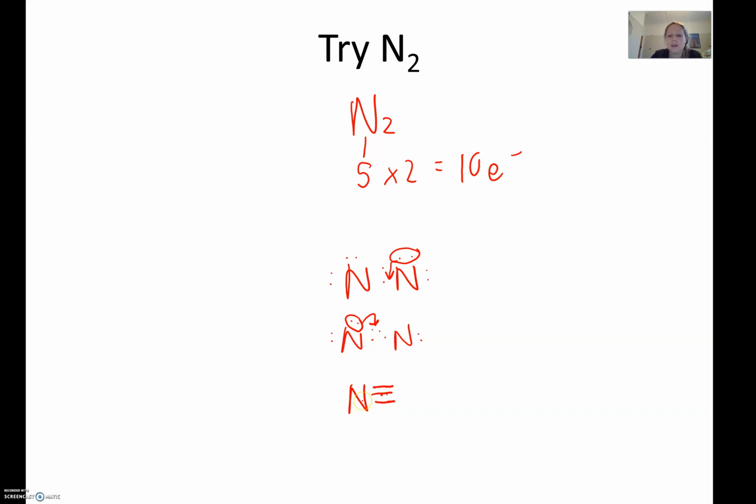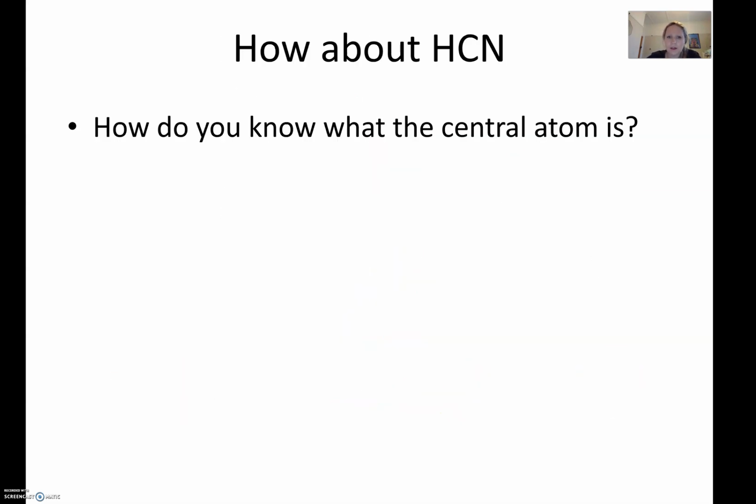You can do, by the way, I haven't mentioned yet, you can do a straight line instead of 2 dots when it's between 2 atoms. Up to you what you prefer, but you must leave your lone pairs, which is the ones without an atom, as dots. So now what you can see is this nitrogen's got 8 electrons, this nitrogen's got 8 electrons, both are now stable, and that is the Lewis structure for N2. So how about HCN? Bit of a mean example, bit of a hard example, but I know you